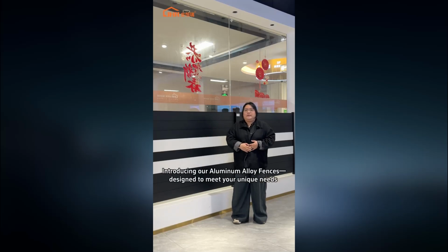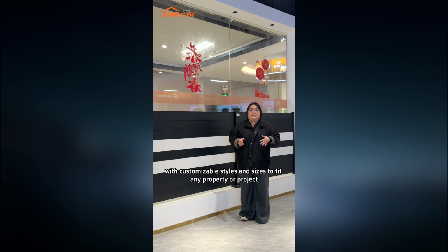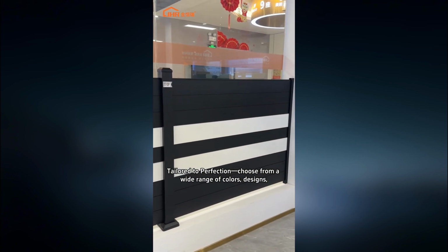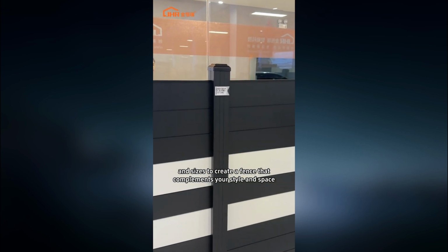Now we are introducing our aluminum light fence. This is the product designed to meet your unique needs with customizations, design, style, and size to fit any property and project. Tailored to perfection. Choose from a wide range of colors, designs, and sizes to create a fence that complements your style and space,